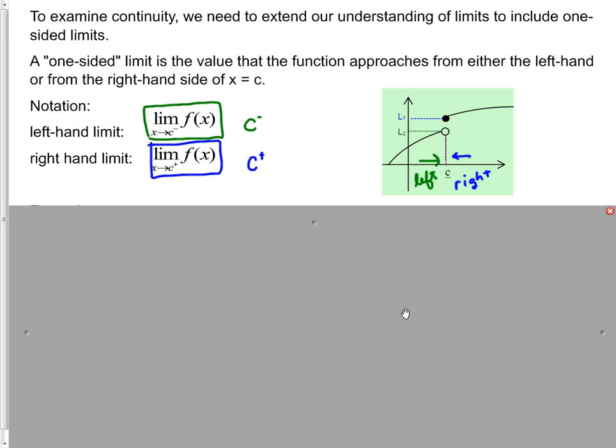So now let's come back to this idea of examining our one-sided limit. We use this notation right here, c from the left, c from the right. And we're looking at this idea that if we have a two-sided limit, one of the things that we stated was that the limit as x approaches c of some function f of x exists